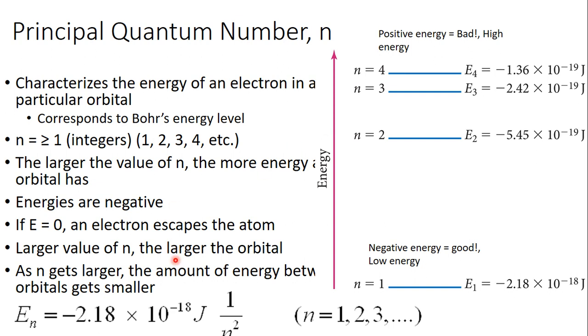And we can calculate the energy of each level through this equation, where the energy at level n equals this constant multiplied by 1 divided by n squared. And this is why the energy gaps get smaller and smaller. 1 divided by energy level 1 versus 1 divided by 2 squared, which is 4. You go up to something like 3 and 4, and this number becomes smaller and smaller and smaller.